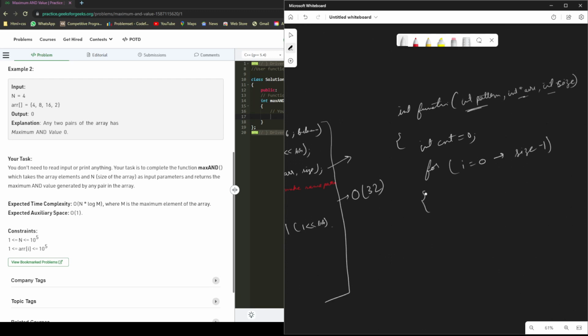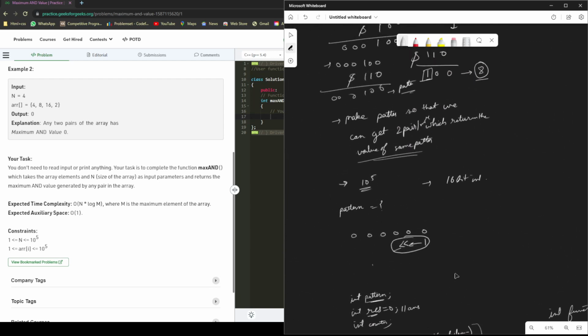Okay, so we check if our pattern is equal to pattern ampersand arr[i]. Simple. We have to perform AND operation between our pattern